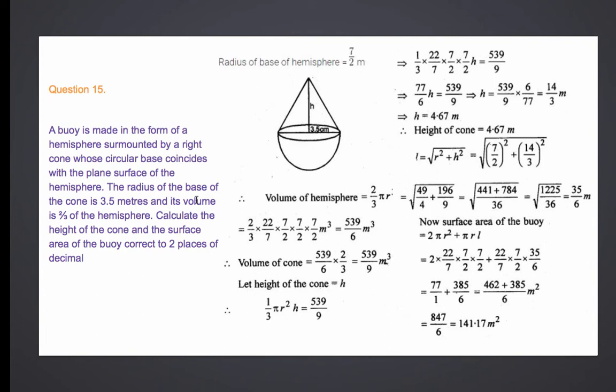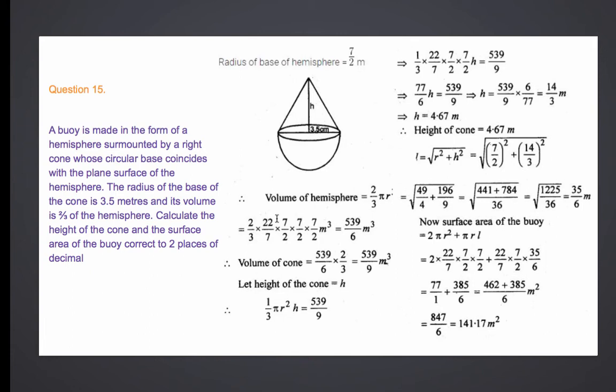First part of the question was to calculate the volume of the cone, because it was given that it is 2/3 of the volume of the hemisphere. So we calculated the volume of the hemisphere with the formula 2 by 3 pi r cube. This much is the volume of the hemisphere. Then the volume of the cone is 2/3 of it, so 2 by 3 into this value. This much is the volume of the cone. Now the radius for both the figures is the same. It is 3.5 for the hemisphere as well as the cone. So 1 by 3 pi r square h is the volume formula for the cone, and this much value we already knew. So we'll substitute pi and r, and we will get the value of h. First part of the question is done, we calculated the height of the cone, correct to 2 decimal places.